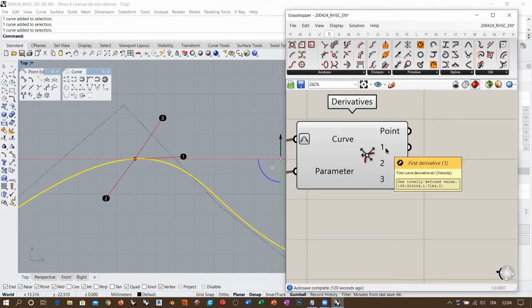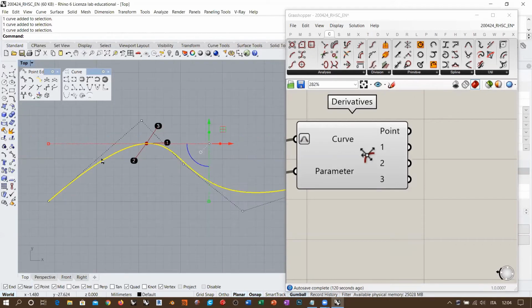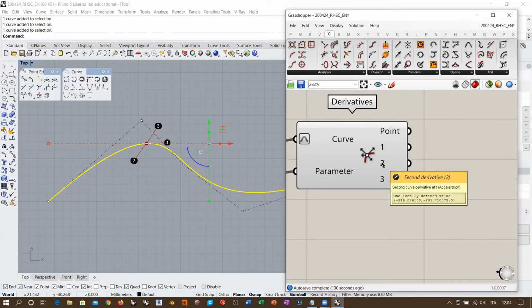If 1, which is tangency, represents the variation in the direction of the curve, okay? 2 represents the variation in the tangent direction of the curve. 3 represents the variation of the curvature of our line, right? Now, why is this so important? Now, I used to